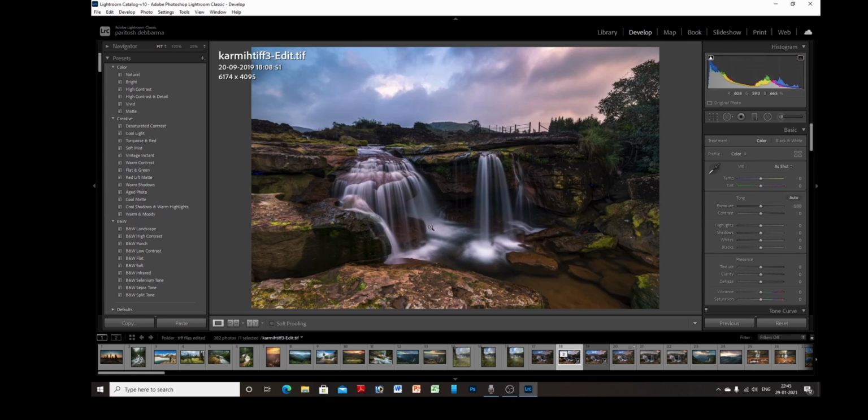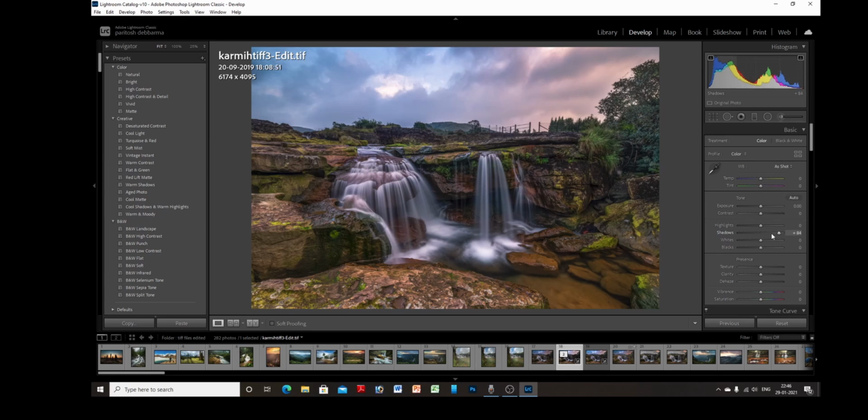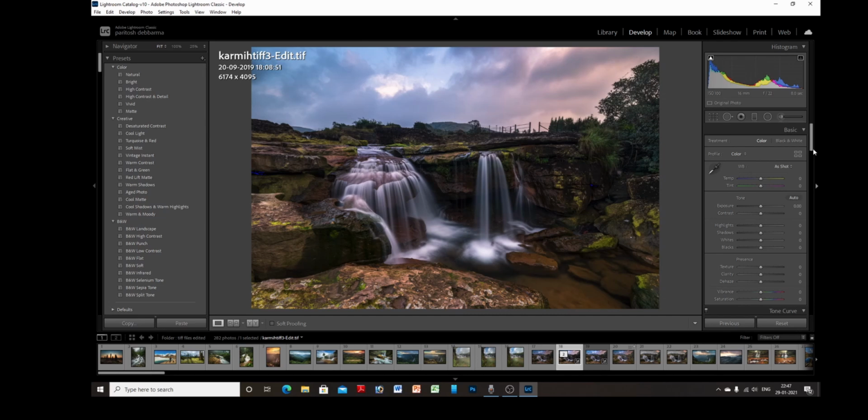Also, what we can do is bring the shadow slider to the right, and we can see this exposing the darker part, but also exposing the well exposed part, which I don't want to happen in this whole image. So to correctly expose the overexposed and underexposed areas, we can use